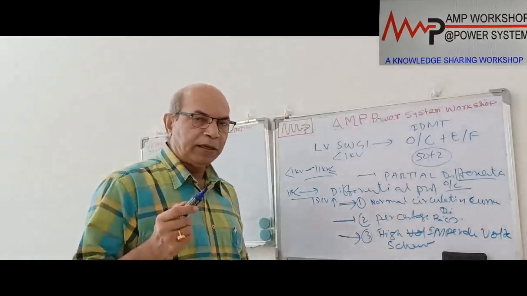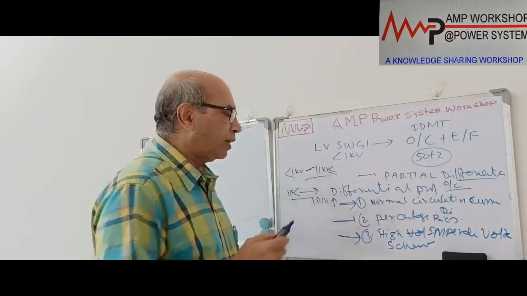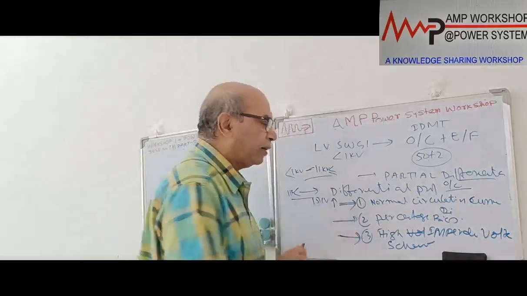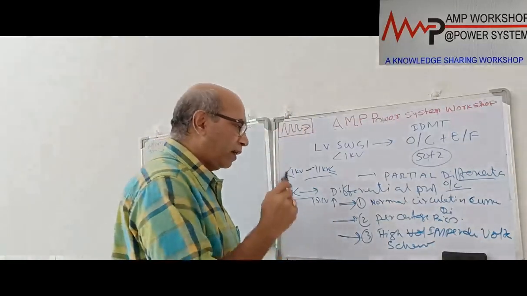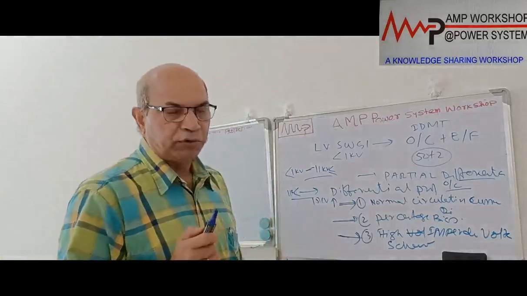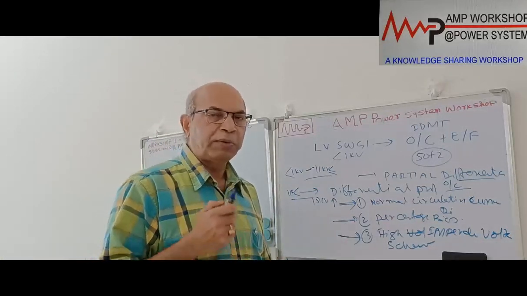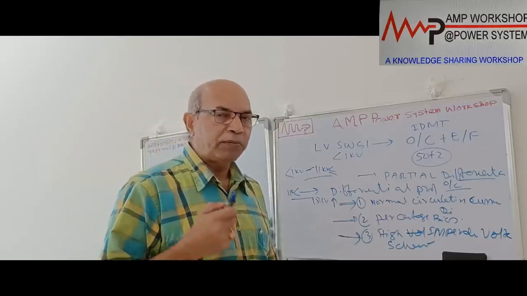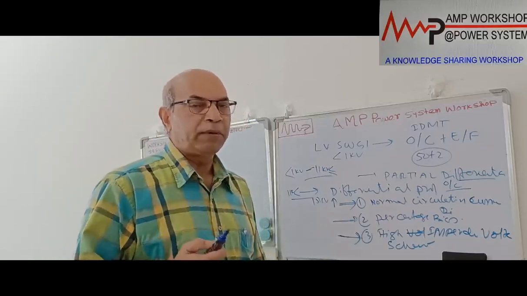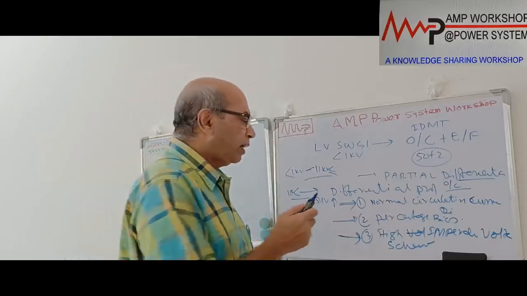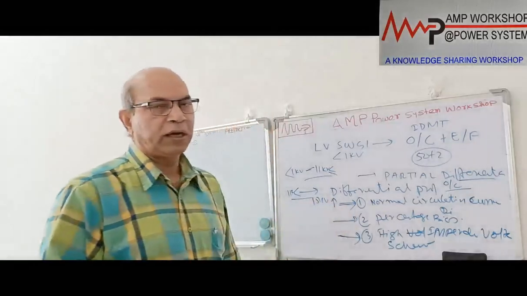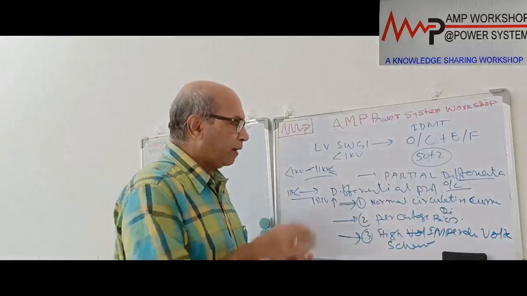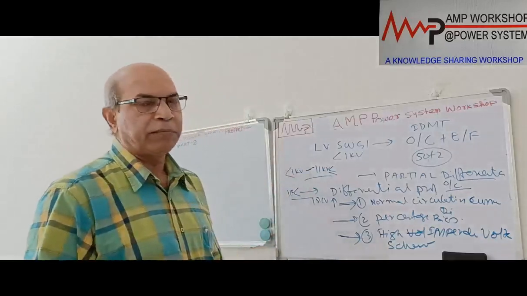But if that is something we cannot afford, in that case we go to the percentage bias differential scheme. And only for the non-critical switchboard, which is not very critical, with voltage of 15 kV or 22 kV or 33 kV, and if the switchboard is not very critical and the number of feeders is limited, maybe 6 or 7 feeders only, in that case we can go by the normal circulating current principle. So these are the various protections available for the busbar system.